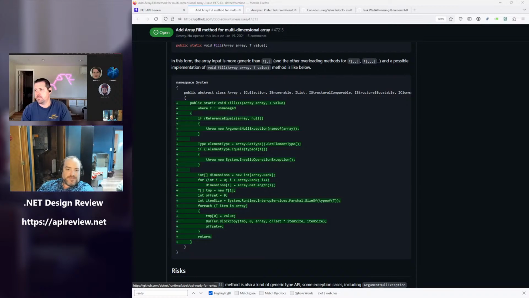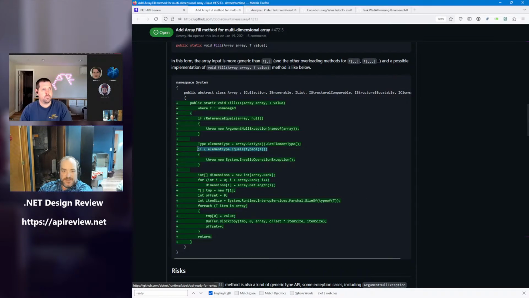Because like the sample implementation that they have here using a literal integral value, you're going to be sad if you call it with anything other than int. I mean, yeah, you can put an L or a UL or any of the things after it to get it to turn into the literal that you wanted it to, but the natural type of the T in that case is going to be int, and that doesn't equal the element type of the array.